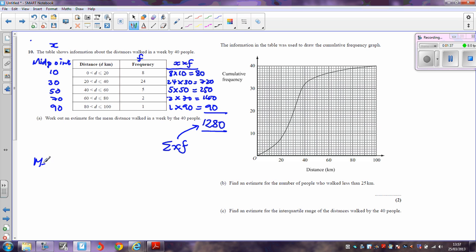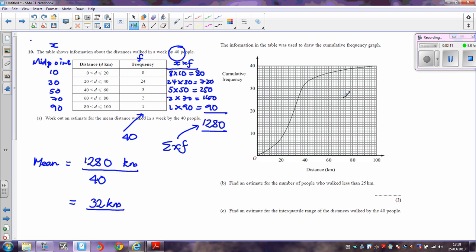So the mean is first of all an estimate of the total distance travelled by everybody. Well, that's 1,280. That's kilometers. And then I have to divide by the total number of people. Now be careful here. They give me the total in this case, which is 40, so I've just got to do 1,280 divided by 40. If I didn't know that the total was 40, if I add up the frequency column, I'll also get 40. So I'm now going to do 1,280 divided by 40, which comes out as 32 kilometers, and that's the mean